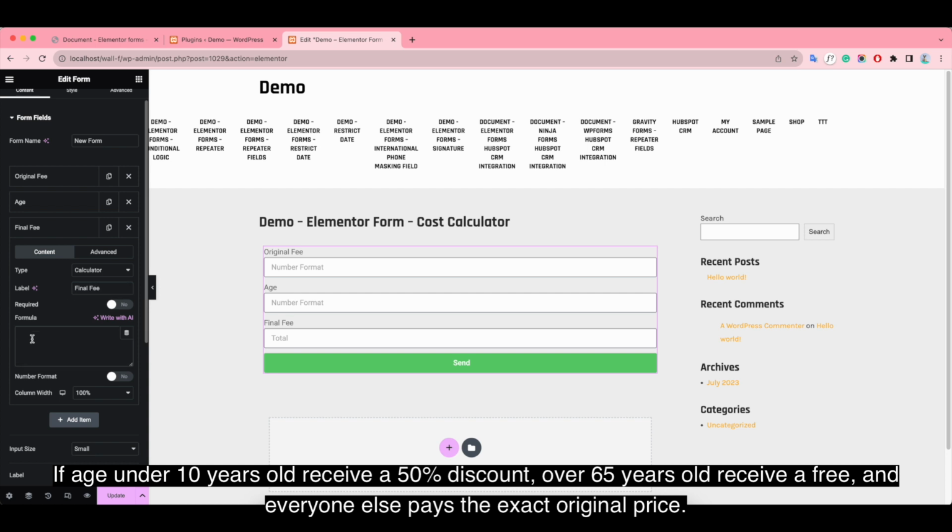If age under 10 years old, receive a 50% discount total.